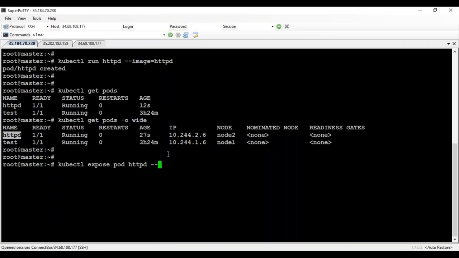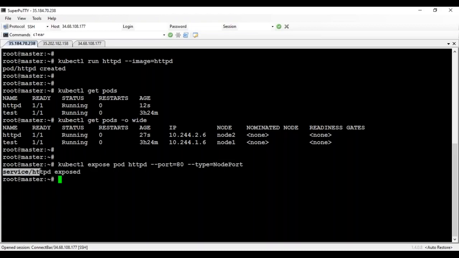And you can say the port number where you are running your container, which is 80, and the type we need is, don't think about all these things, team, just look at whether we're able to access it or not. Type is equal to NodePort. There are different types of services that you can create. Right now we are creating a NodePort service here to access your application. So here it is, let's create it.